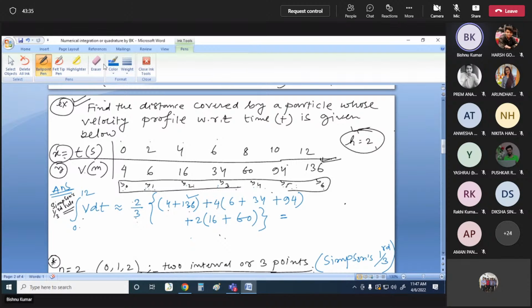What is the composite formula? 3 by 8 into h, and h is 2 here. First value plus last value, plus 2 into intermediate